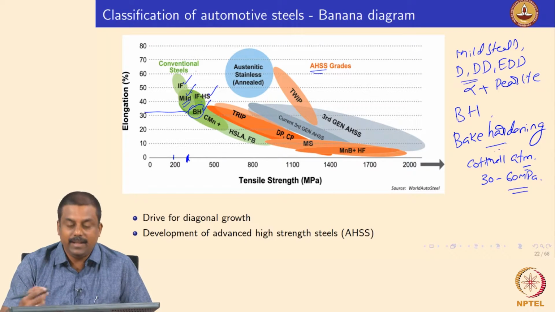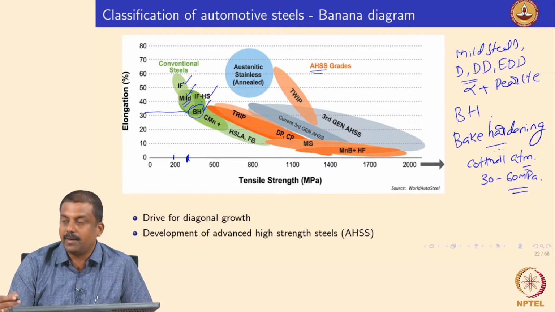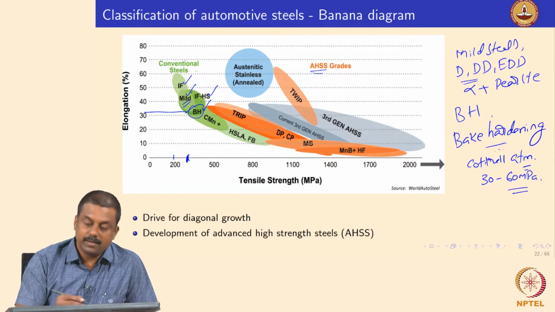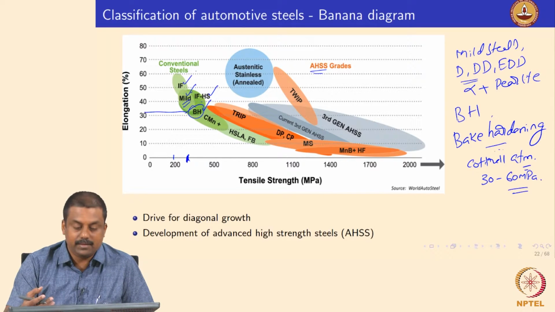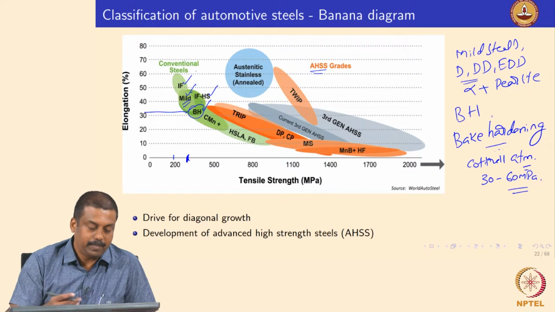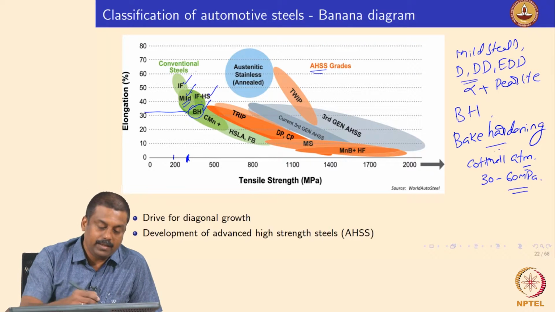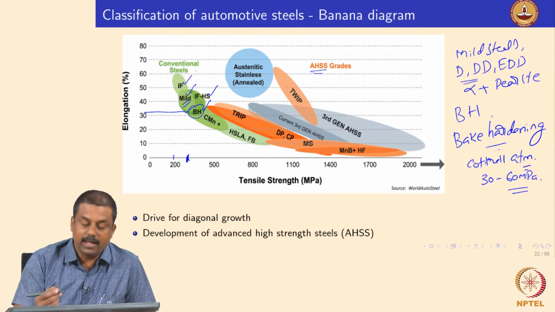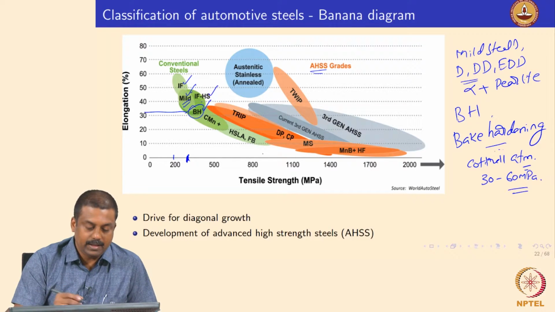because of the increased norms of fuel efficiency as well as safety performance, the automakers found that these steels cannot meet the emission standards that were coming up over the years. In order to meet those standards, as I already explained, the auto parts should be made lighter and stronger. So again, if you want to make the auto parts lighter and stronger, we have to go for high strength steels, right? So the options which were available for automakers in the late 90s